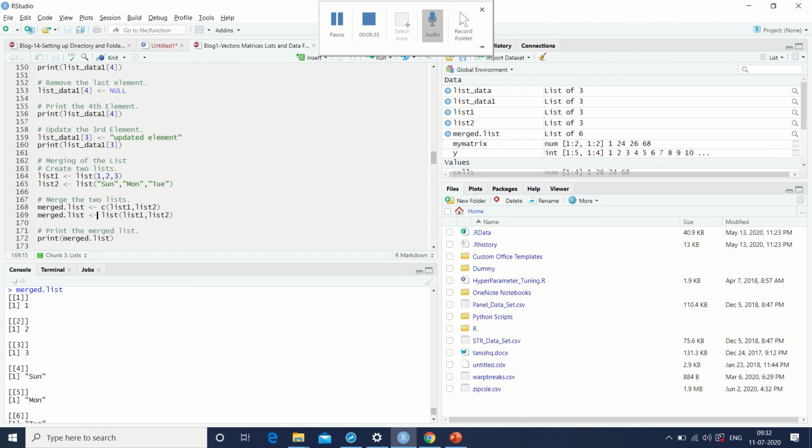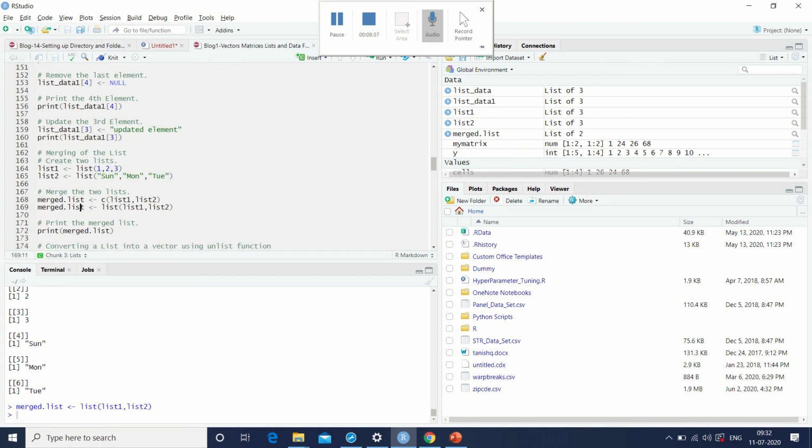Let's look at another method of merging two lists. See again, very simple operations. However, you must have noted a difference. See, I'm combining two lists, and this accepts only list as an individual element. However, this accepts anything as an individual element.